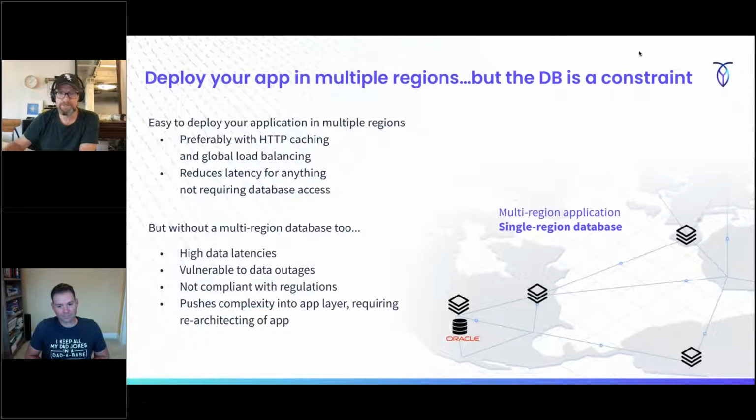There's lots of different reasons why this is a challenge, and we're going to show you how to solve this using a database that's really built to be distributed and multi-region, right? Because a multi-region application with a single-region database is basically just going to hold you back to ultimately a single region. I think the lowest common denominator here is that database. And so we can do all this great work in terms of deploying things across the entire planet to reduce latencies, but ultimately accessing a single instance of a database, a stovepipe database, is going to cause issues, right?